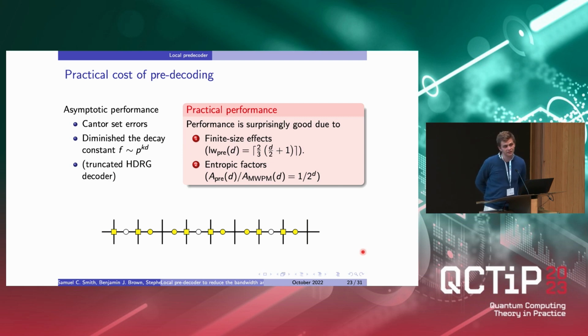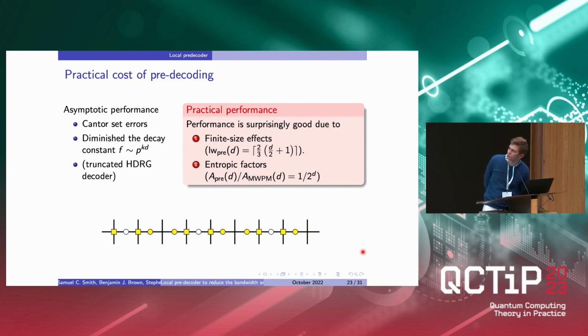The other thing is a finite size effect. If you think about an error chain like this, the smallest error chain you can have is: error, error, gap, error, error. That's a weight 4 error that's going to get filled into a weight 5 error that could potentially cause a failure on a distance 10 code. So errors like this start to become important beyond distances of 10, but there is a finite size effect here that means these things actually aren't so bad for